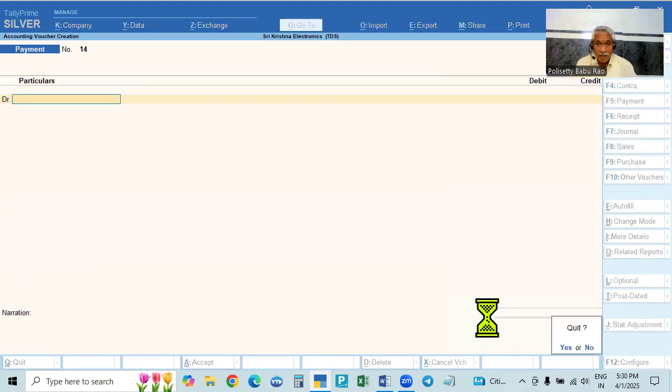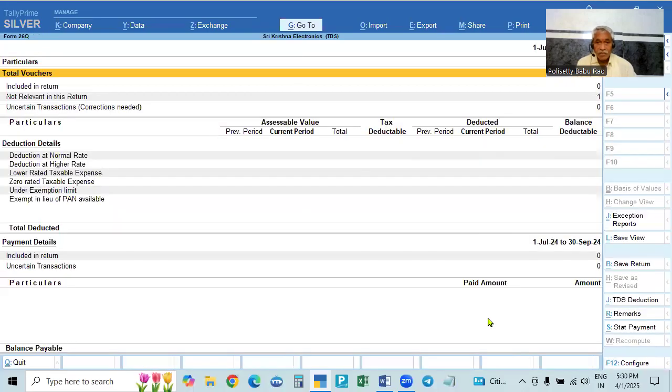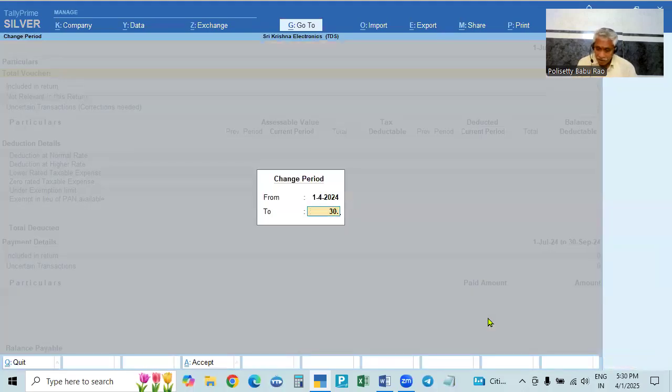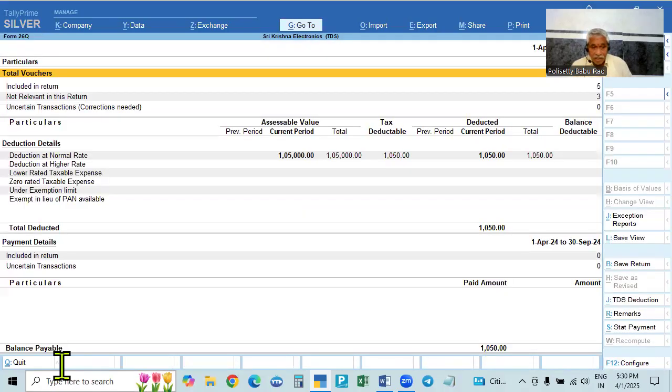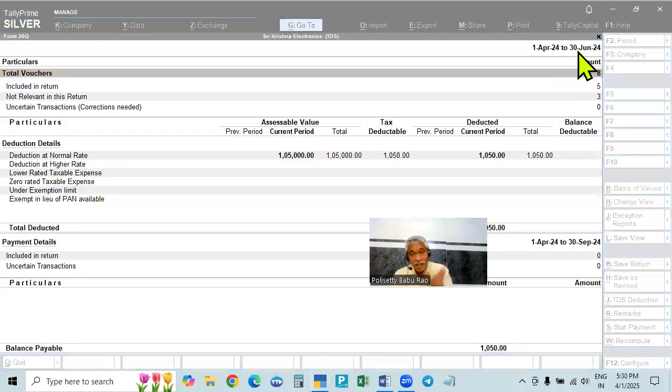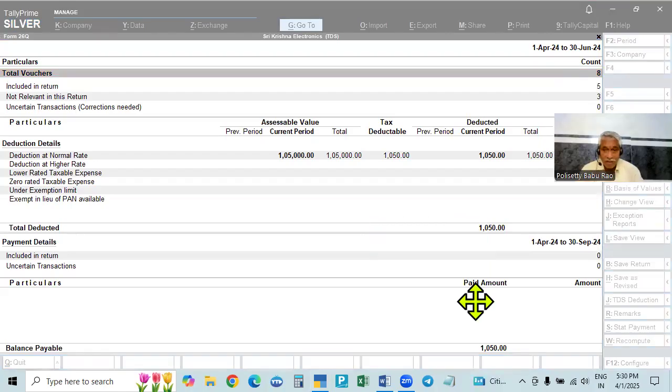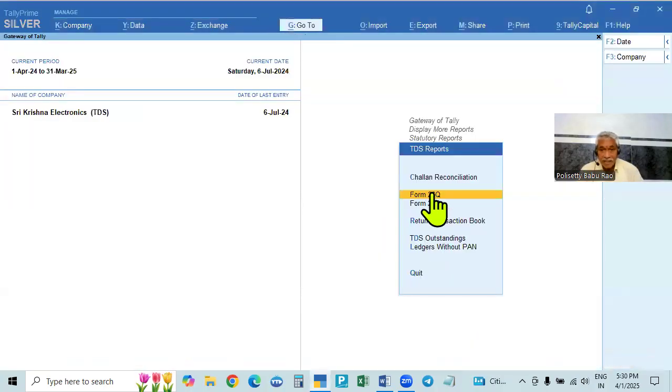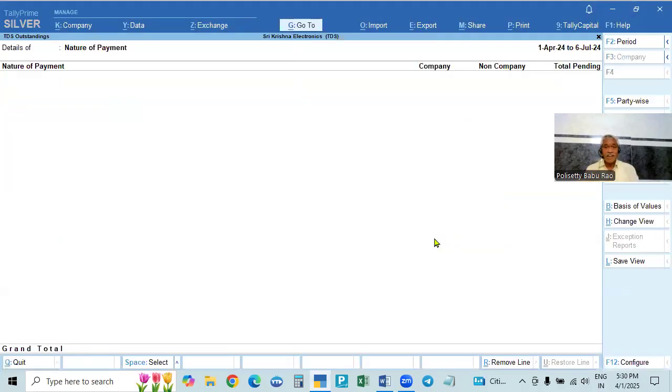Now you see, after making the payment, we are here, first April to 30th. Still it is showing balance payable because we are looking only up to 30th June. We paid in July. That is why on 30th June it is showing, and you can see the correctness. We go back here. Below that, TDS outstanding. Click. No amount is outstanding. In this case it will show up to the payment date. The return will show exact dates, but here it will show 1st April to 6th July.